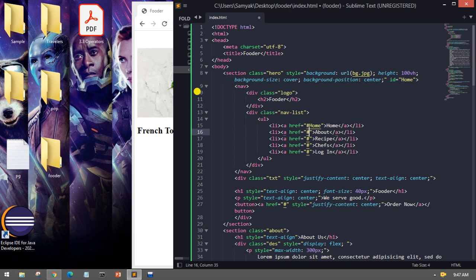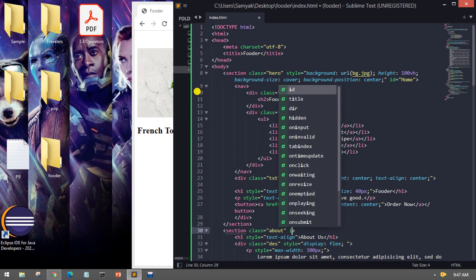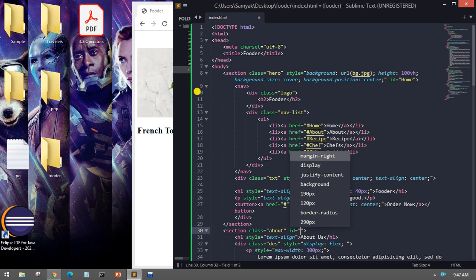Now here I have written an ID called about. I've written an ID called recipe. I've written an ID called chef, and what do you think I will write? I will write chef. So there you go. Now if I copy this, because it should be easy for us, if I copy this like so, and when you move on, we'll add IDs to everything that we will be landing on. I give it an ID like